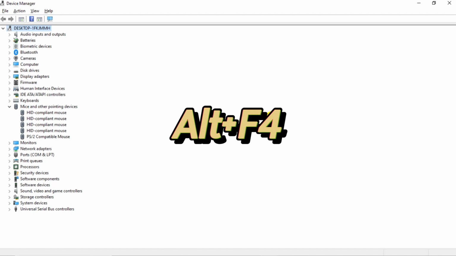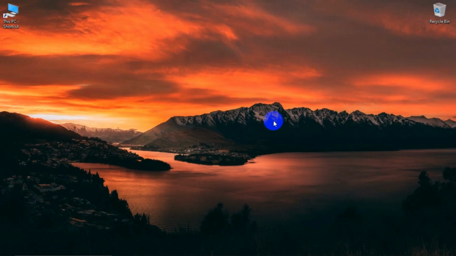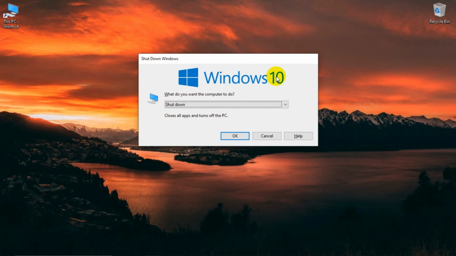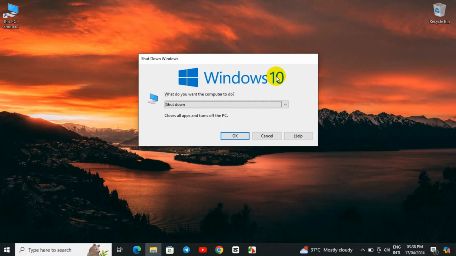So now we press Alt plus F4 to close this screen. And now we press Windows plus Alt plus F4. By this, you will get the Shut Down Windows interface over here. You need to restart your PC right now. For that, press the down arrow button, and here you will get your restart option. Just press Enter. By this, Windows will automatically download a new mouse